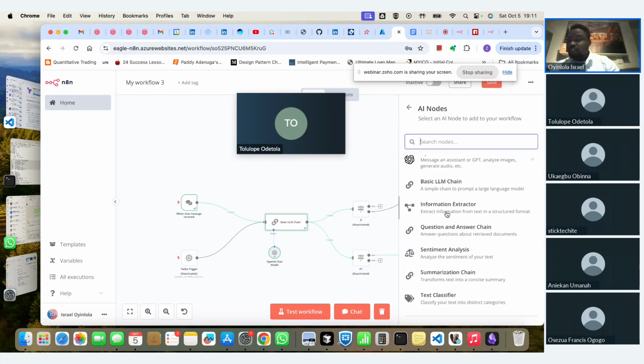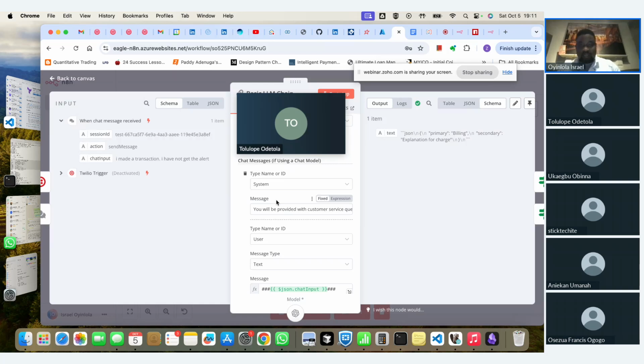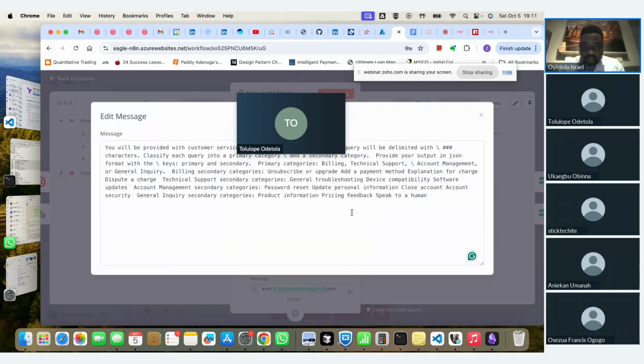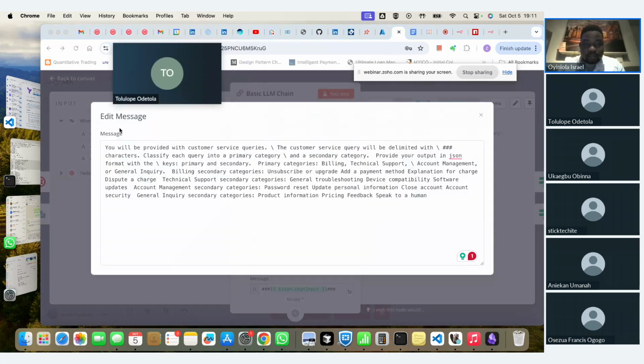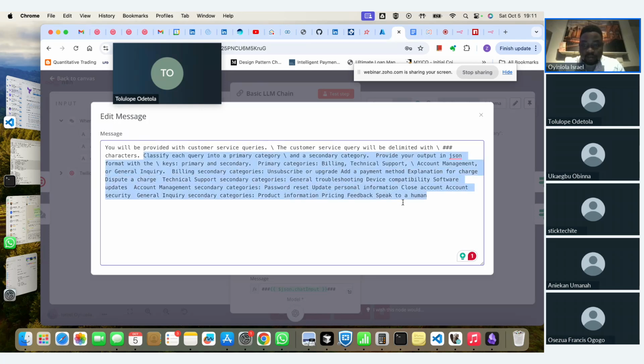So we'll do some question answering using some vector databases, sentiment analysis. This thing, I can change it to sentiment analysis. I don't have to do another sentiment analysis stuff, right? This particular basic LLM, I can change it to sentiment analysis. Let's quickly do that before we end the call. So if I say you'll be provided with the customer service query, so now instead of saying classify, I can say, tell me,